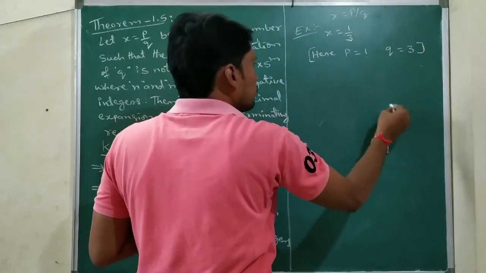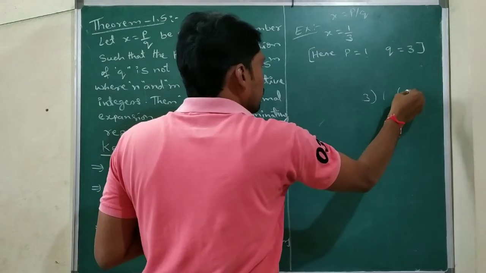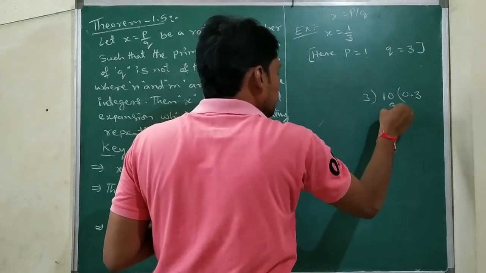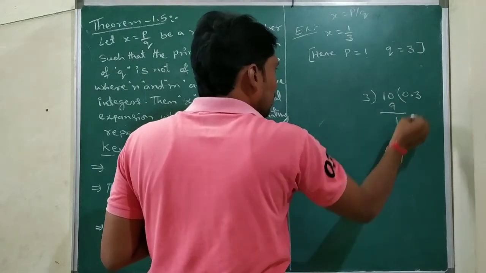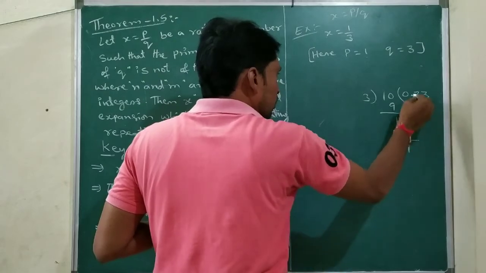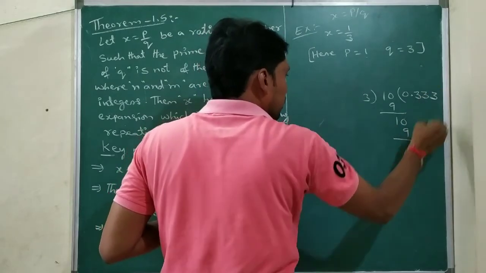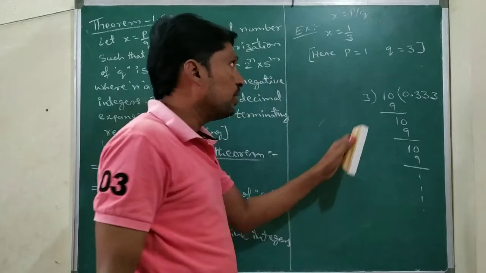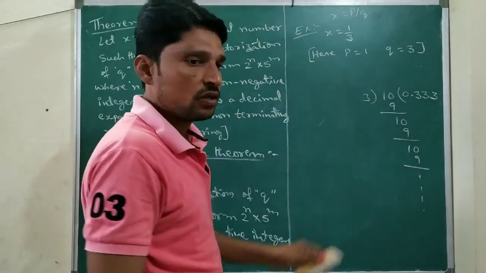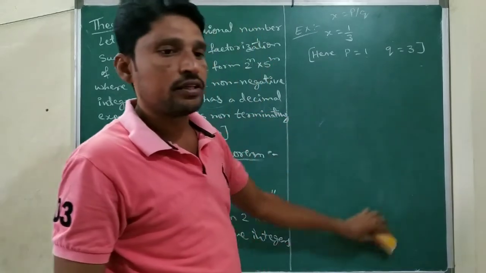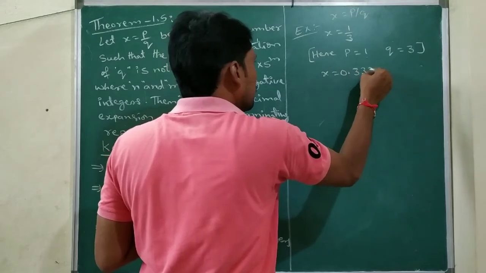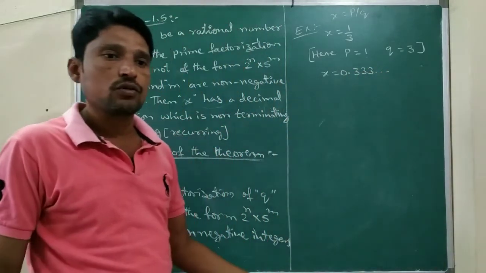Now once you divide 1 by 3, it is not possible, so 0.0. 3 threes are 9, 10 minus 9 is 1. Again, 3 threes are 9, again 1, and you can take 0. It is going on. So what do we get? x equals 0.3333, and so on. It is going on.